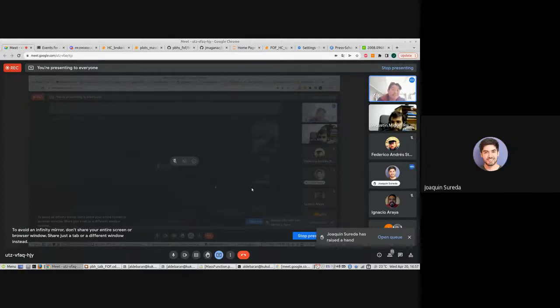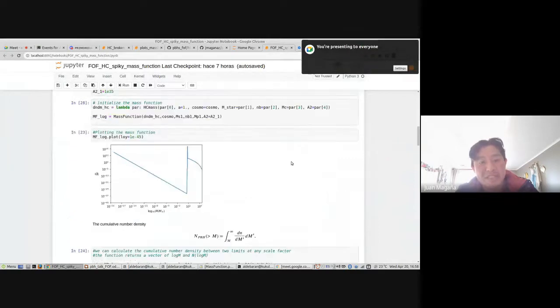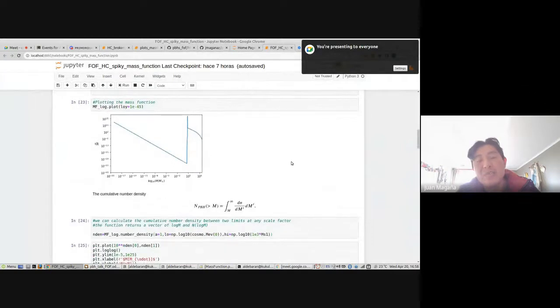Joaquin? Yes, maybe I have one question. Can you explain why you don't get exactly 100% of the mass in the spike? Maybe it is possible to put all the mass of the mass function within the spike. And if not, why does that happen? Yes, up to now, the maximum fraction of mass inside the spike that I found when I explored the free parameters of this configuration is about 70-80% of the total mass distribution. But this happened when we put the peak mass very close to the characteristic mass.